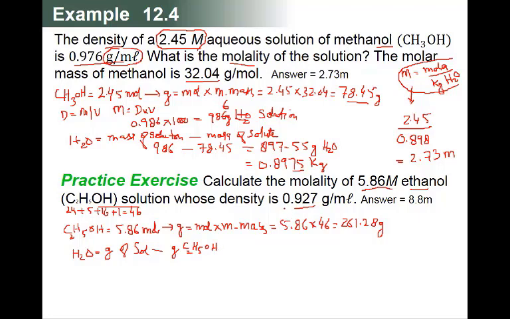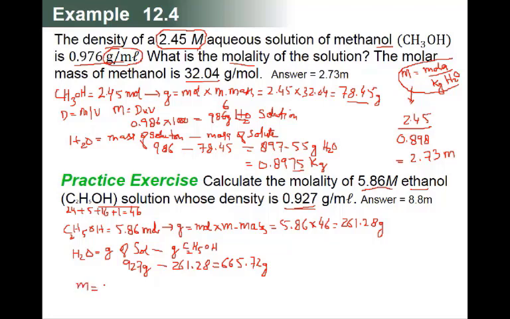So you see here, this is 0.927 gram per milliliter, means 927. So this will be 927 gram of solution minus, we calculated the ethanol gram 261.28, is equal to 665.72 gram. This is water. So now we calculate the molarity